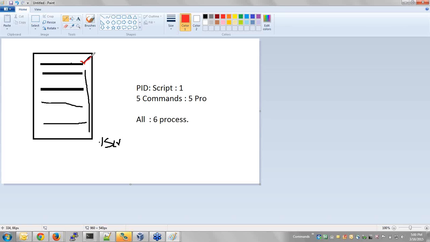A simple example: if this command fails, obviously all these commands are going to fail. If those fail, that's fine. But if the failing of these commands leads to some damage to the particular machine or server, then you have to bother about that. To avoid such scenarios, it is always your responsibility to check whether it is done properly or not. For that, you need to add some code in between